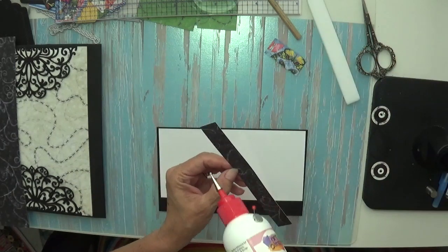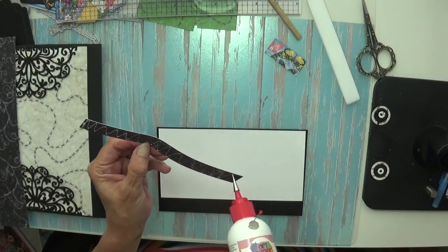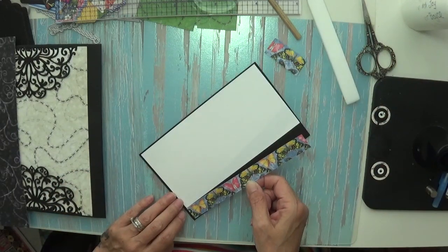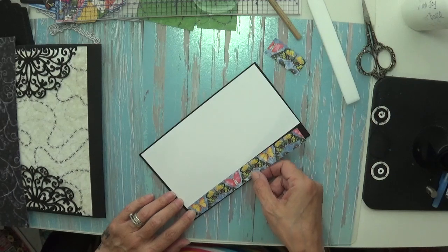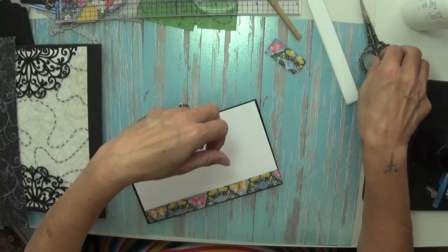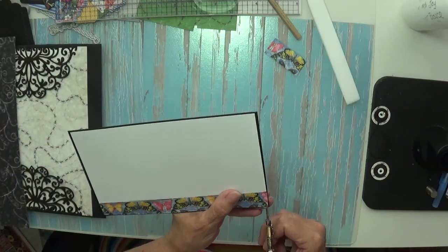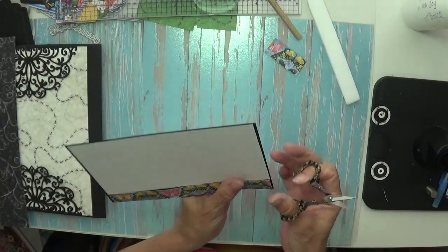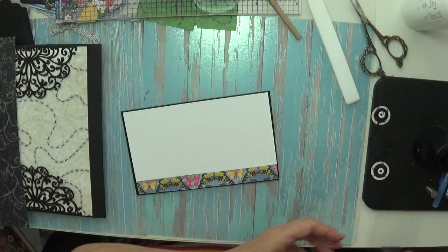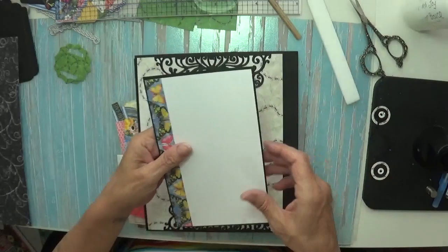Glue it on. There we go. So starting at the bottom, keeping the distance. I cut it to size, and then it sort of springs itself off another millimetre. But it's done. So that can go behind its little...